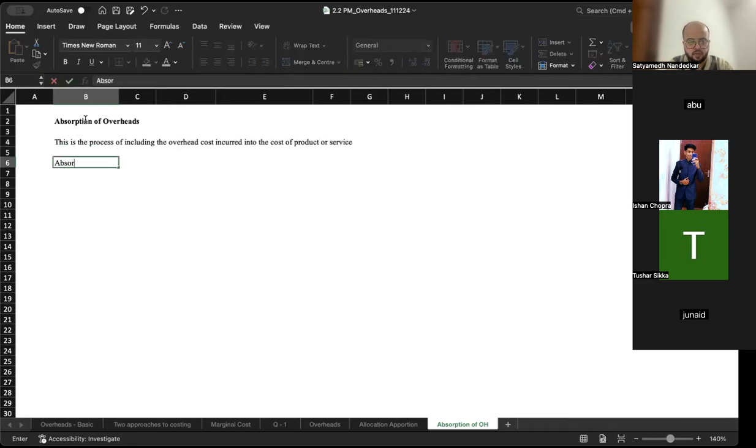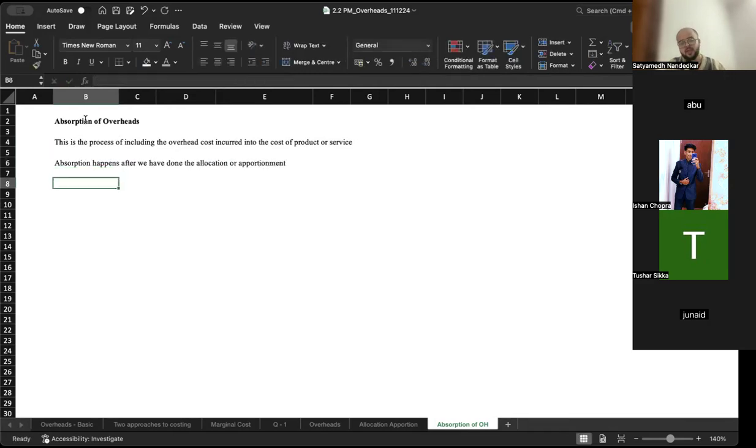So absorption happens after we have done the allocation or apportionment. Now let's understand allocation, apportionment, and absorption. How are these three things done? Okay. Now,